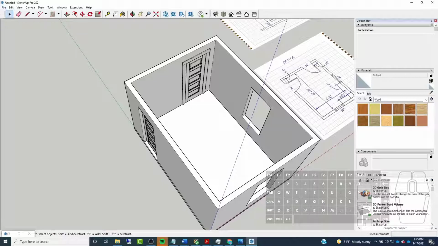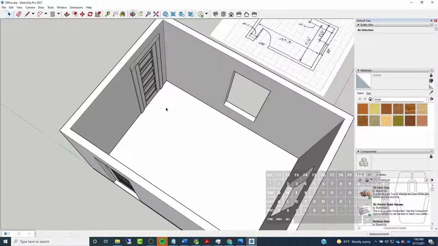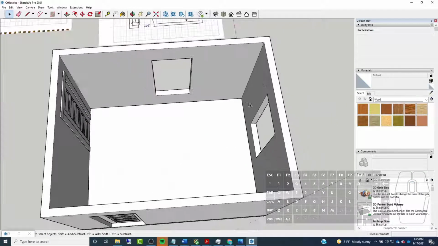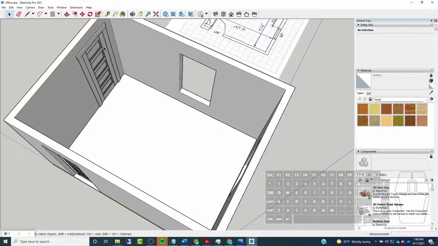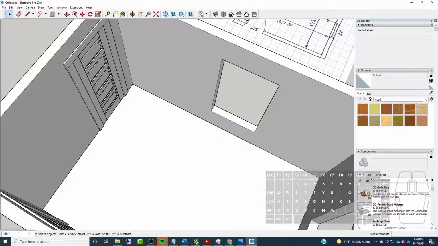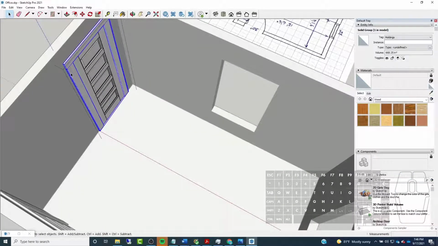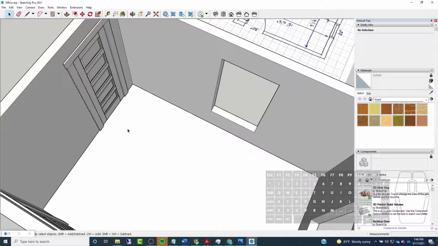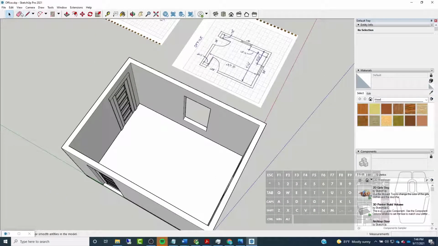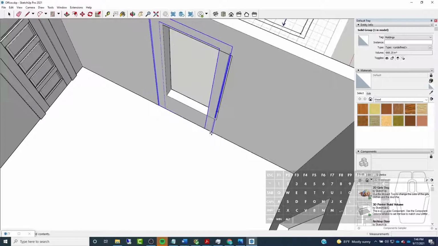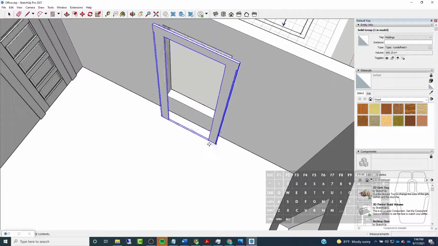And I'm going to save this really quick so that nothing bad happens. Okay, then I'm just going to do the windows and the baseboard. So for these windows, I'm going to start by copying my trim. So I'm going to double click on my group, grab my trim again, and copy that. Then I'm going to back out so that I'm back just in the main model. Then I'm going to paste that back in, so Control V,